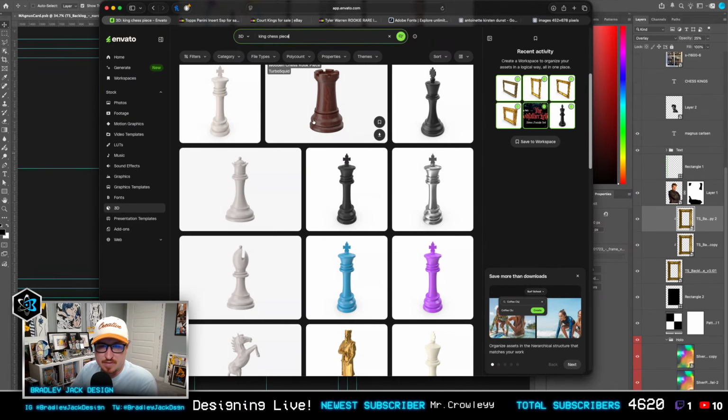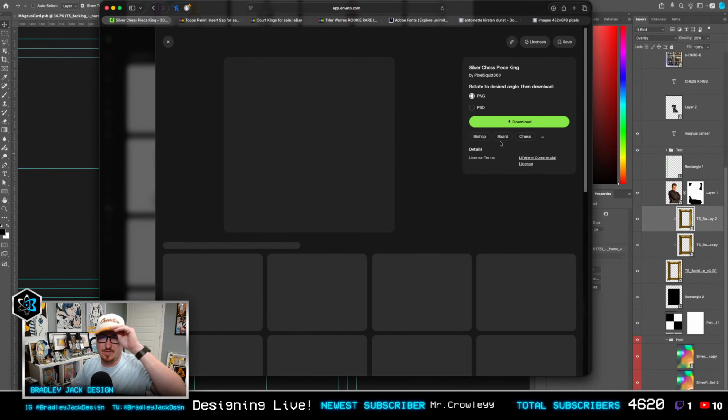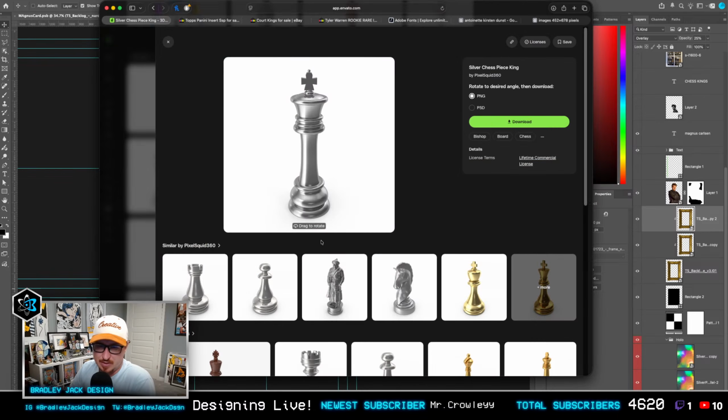And look, there's all sorts of variations. Look at all these colors. Look at all these shapes and colors. Let's go with silver. No, silver's going to clash with this. Black doesn't actually look bad. And what I'm probably actually going to do,